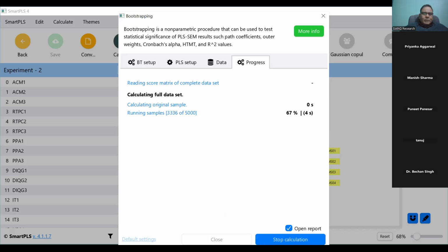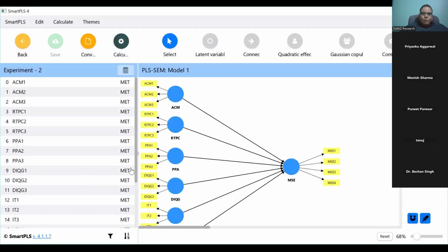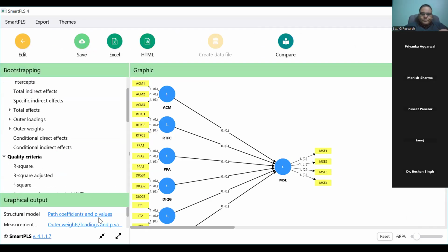आप एक काम करना, प्रोजेक्ट एक्सपोर्ट करके मेरे को भेजना। मैं इसको चला के देखता हूँ क्या दिक्कत है। ठीक है सर, मैं दोनों ही शेयर कर दूंगा। अब जैसे इसमें भी पाथ कोफिशिएंट और पी वैल्यू में देखेंगे सर, 11 ही आ रहा है सब में। कहीं ना कहीं सेटिंग में कोई दिक्कत है इसमें। ठीक है सर, मैं शेयर कर लूंगा।